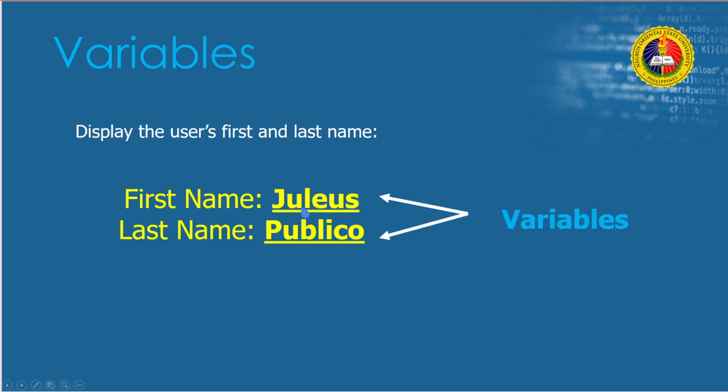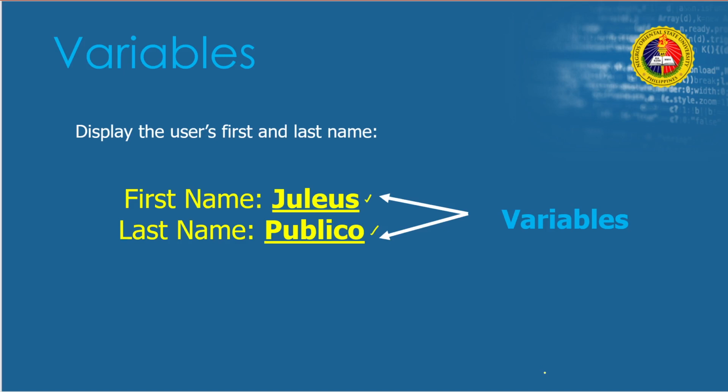So another example of variable is this. In mathematics, we only store numbers in our variables. But this time, in programming, we can also store letters, symbols, and just about any other data type. That's the good thing about programming. It's not limited to numbers only, but it can store multiple data types. In this case, we use text or a group of letters. So we can also store a group of letters, words, single letters,